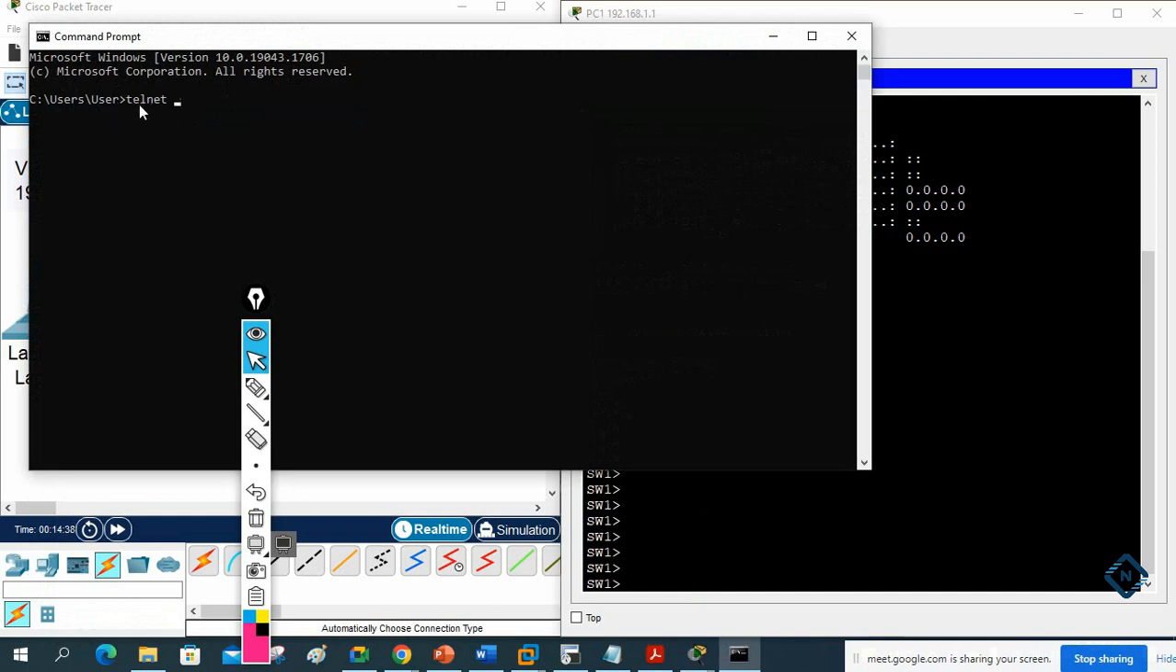Why? For security purposes. So you need to enable it. You need to go into some settings and enable it. For example, if I write here telnet,